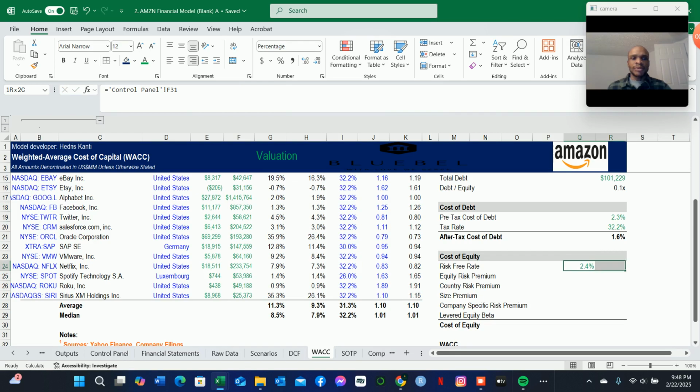Begin from the risk-free rate. We can fill this right with Control R. We can fill it down to the company specific risk premium with Control D. So we have that set up there. So with these variables available, we can estimate the levered equity beta. So the levered equity beta, as we said before,